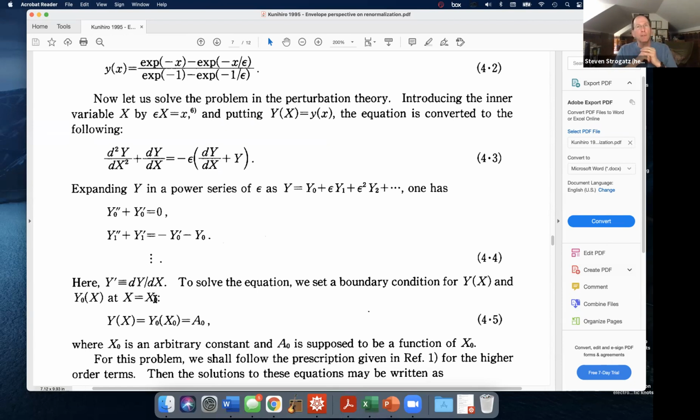I guess, I mean, I'm confused about what's going on at this point. I think what he's doing is saying, if I knew the solution, capital Y, suppose there is some solution to our problem. If we knew what it was, then at some point x0, we could plug that x0 into our function, supposing temporarily we know Y and y0 and all the parts of Y. Then we would get an a0